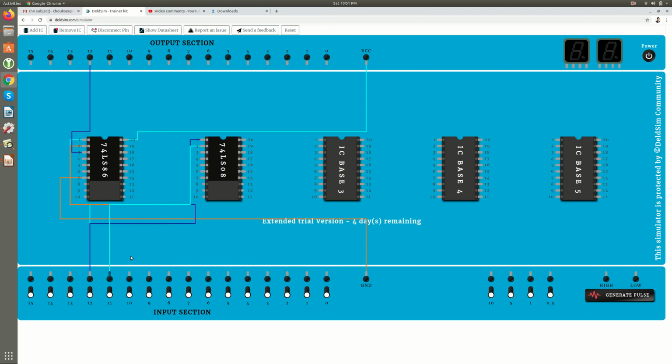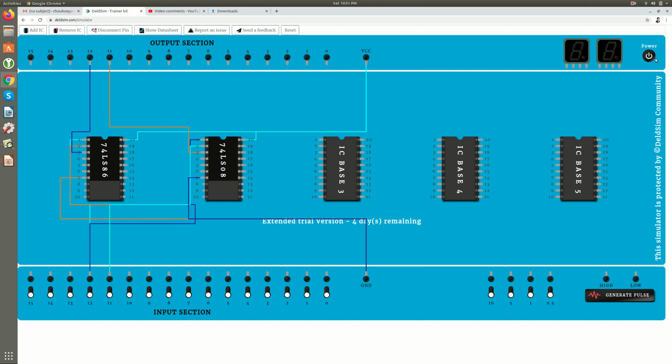So this is the second input. Now 3 is the output, which should be displayed in your output section. So this is the output for carry, right? Pin number 7 is your ground, and pin number 14 is your VCC, right? So these connections are over for sum and carry, right?